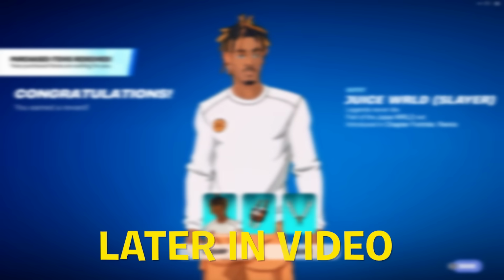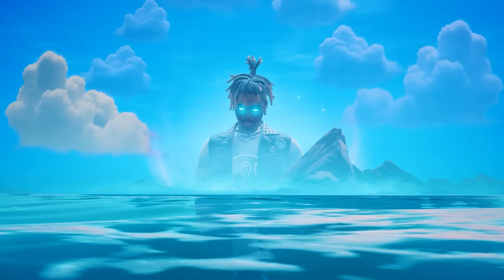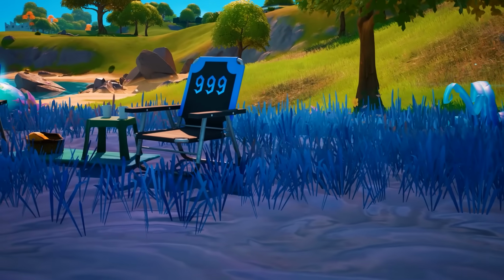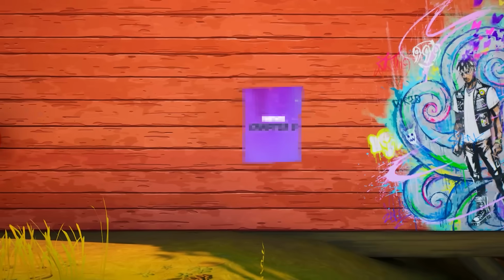Super quickly before we unlock the free Juice WRLD skin. First things first, the new update we received yesterday obviously added the brand new world landmark. This is far and away the most important location added in all of Chapter 2 Remix. There's a bunch of hidden Easter eggs related to Juice WRLD, like these Juice WRLD chairs where you can see his favorite number 999, another chair that says LLJW, meaning long live Juice WRLD,